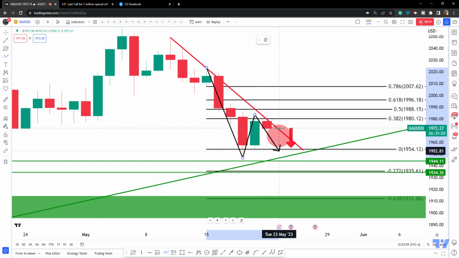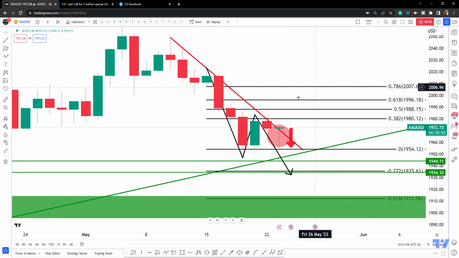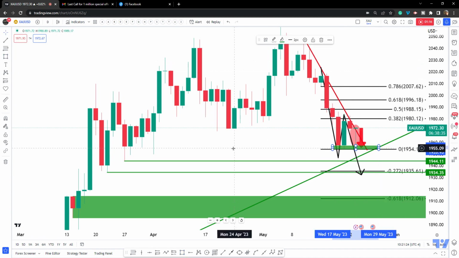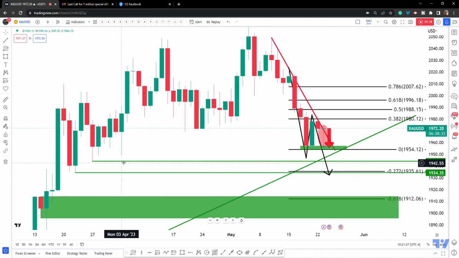And generally, what you'd expect is the price to continue lower in a continuation of the bearish trend. Now we're in an area of support where we've had one, two days of support down here. We're coming into this area again. We've got 1944 on this candle over here as a potential target, and on breaking that, into this area over here,